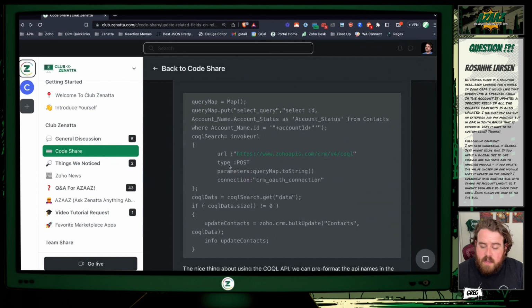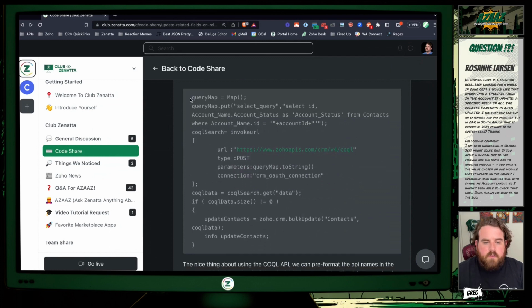So now, as you can see, it's not a very long piece of code. But for the COQL, first we build a query map. This is basically constructing a sentence for the API to interpret and get us the fields that we want filtered according to our specifications. In this one, we're going to select every query. You are selecting what fields you want from what module you want to pull from, and then where certain conditions or criteria are met. So in this case, I'm going to select ID, account name.account status